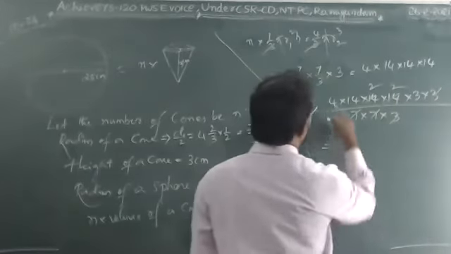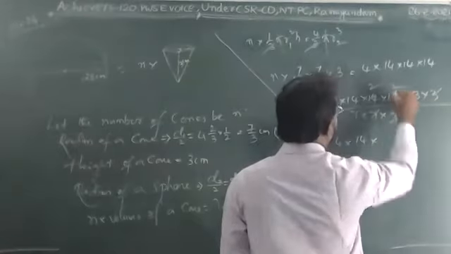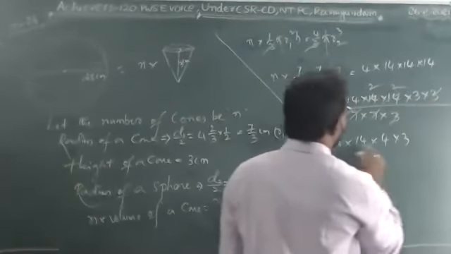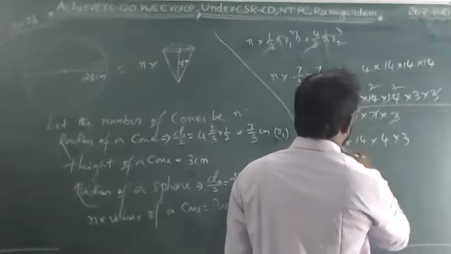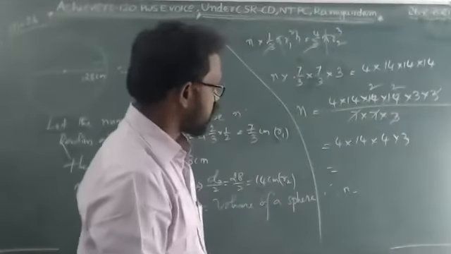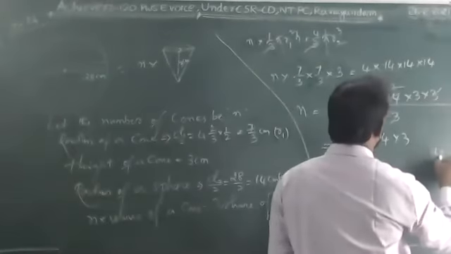What is left here? 4 is left. 14 into 2, 2s are 4 into again 3. Now 4 threes are 12. 12 fourteens are 168. 168 into